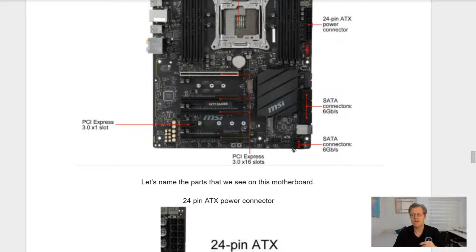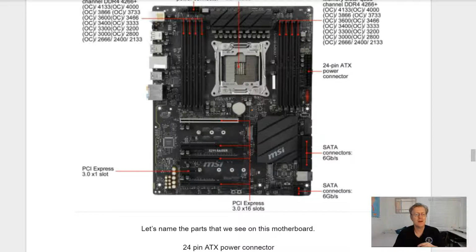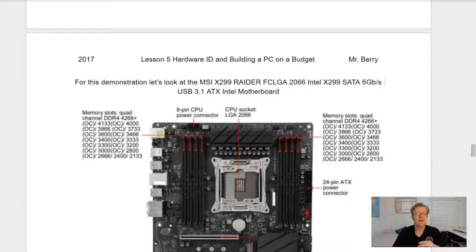So we have some here, we have some more down here. Then we have the PCI Express 3.0 x 16 slots. 1, 2, 3, 4. Wow, that's a lot of them that are available on this board. Next we have the PCI Express 3.0 x 1 slot, and that would be something for like a network card. And then the other memory slots. And you also have an 8-pin CPU power connector.